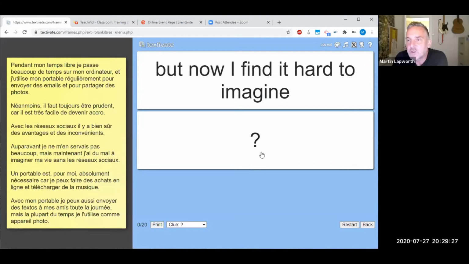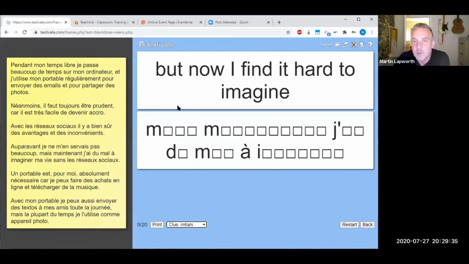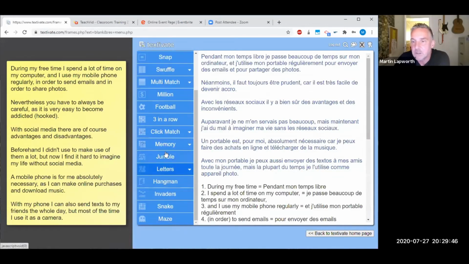And so the student, if the student knows that, fair enough, they can just click on it straight away and say, yeah, I got that correct. They can use clues as before, so they can use initial clues, but they can also read through the text to see if they can find it if they're not sure what it should be. Now, obviously, they might not be inspired to do that kind of thing with these flashcards where they're just self-testing, but activities such as